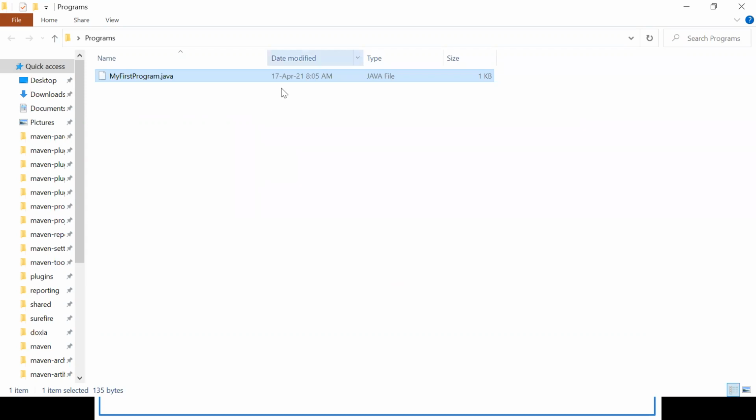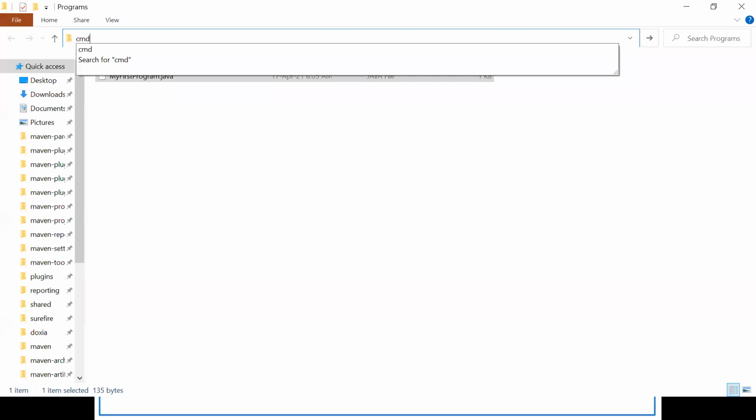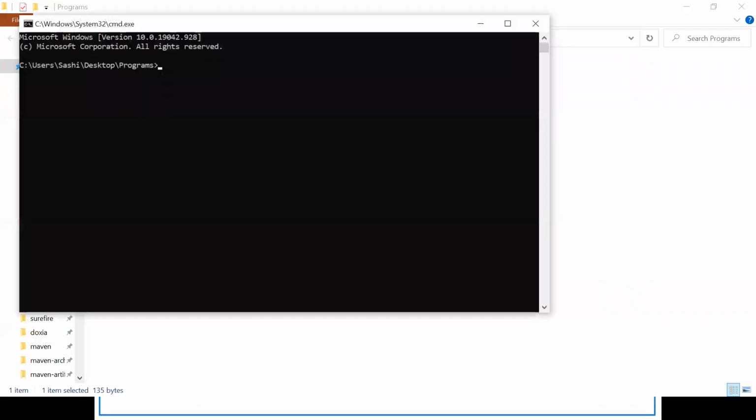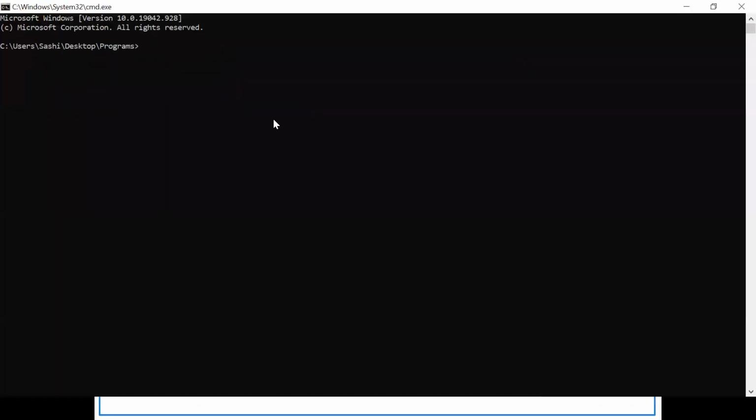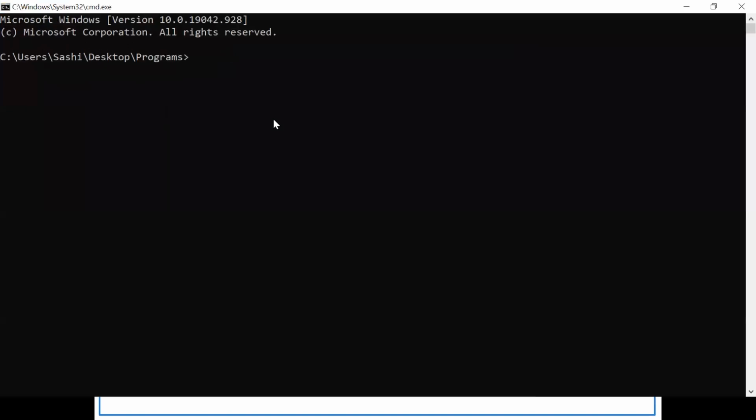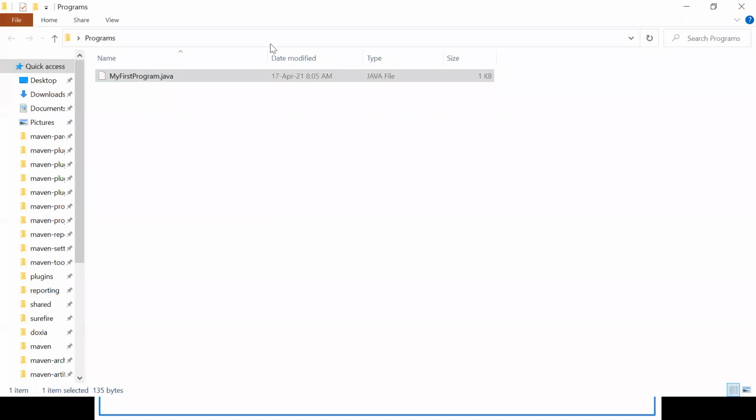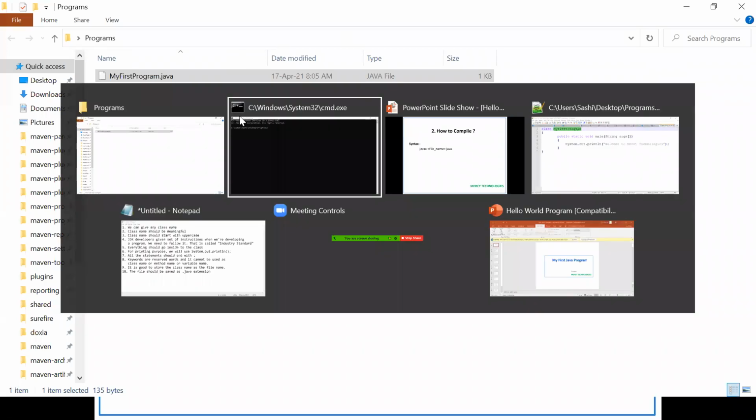Go to the address bar, click here, then type CMD, right? I am typing CMD here. What I am trying to do is open command prompt inside the programs directory. This is one way, right?